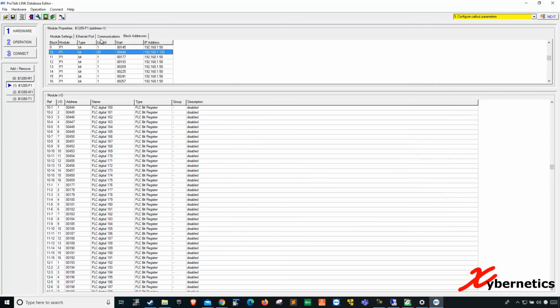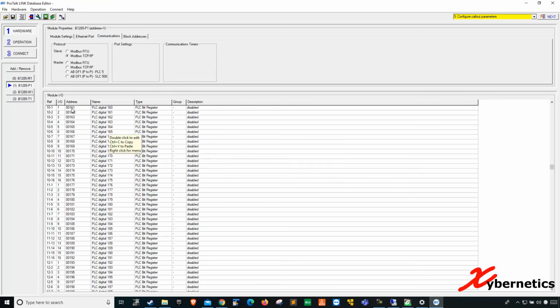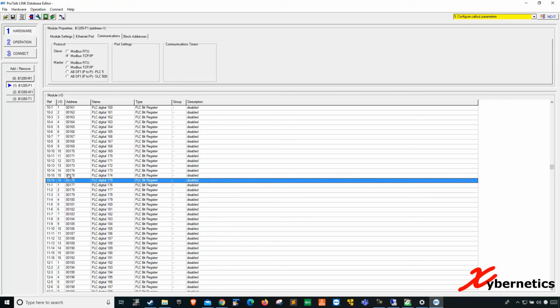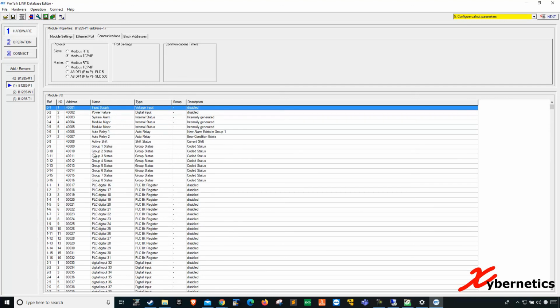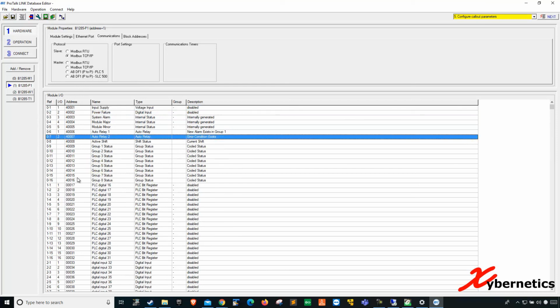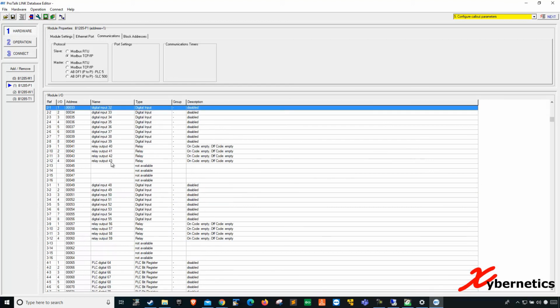Next thing I want to show is how to set up a Modbus slave. If you click this guy here, now you can see all your Modbus addresses have been reassigned. We go all the way up here. It starts at 40,000, and then it starts again from block 1 at 17, running all the way down to